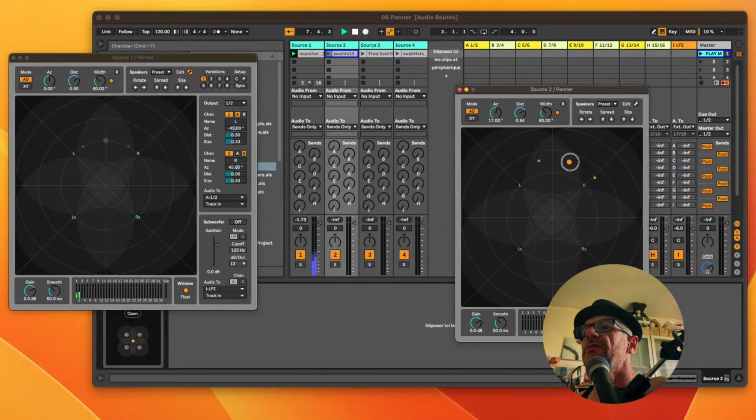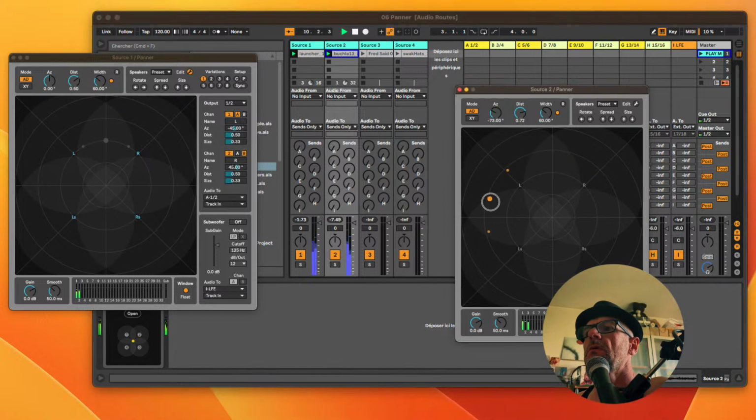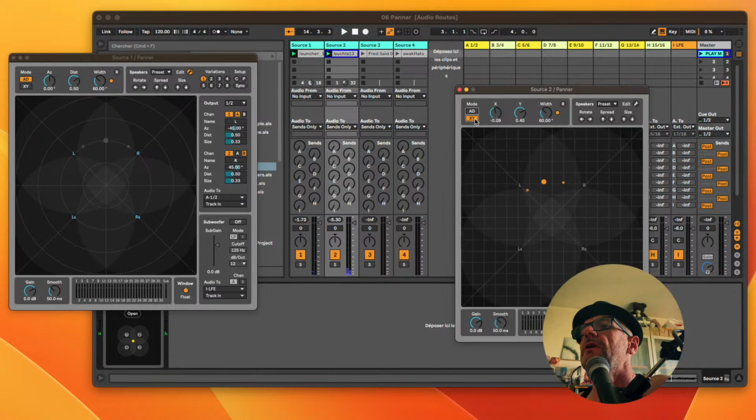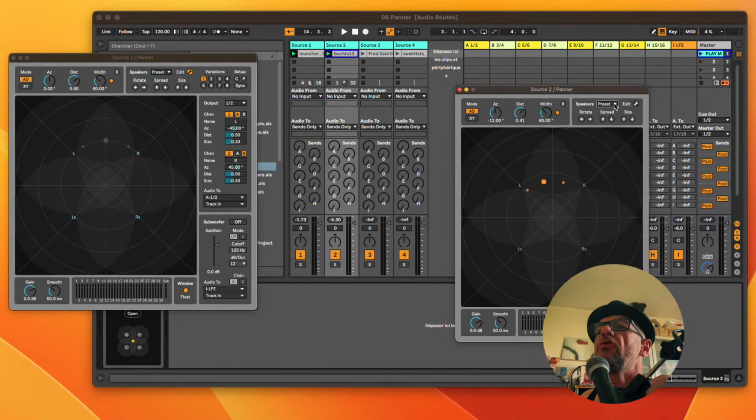And I can move my sources here. It's a 2. And you can see here, you move your sources anywhere you want. And you have distance and width and azimuth, and you have some preset for speaker configurations, and it's pretty cool actually. I have to try it here in my system and maybe find a way to encode it in binaural, and